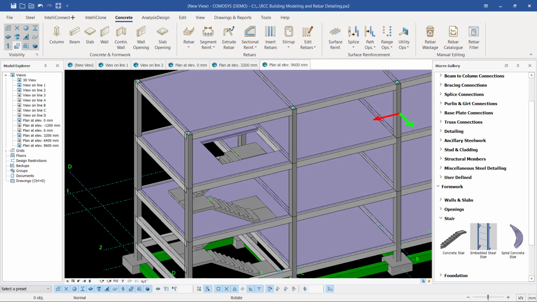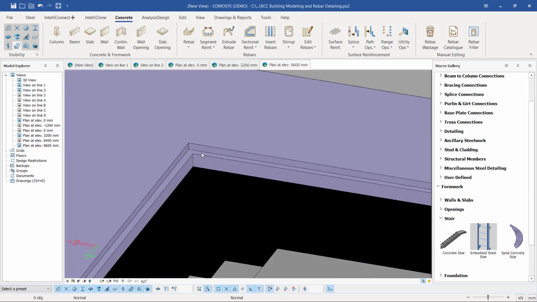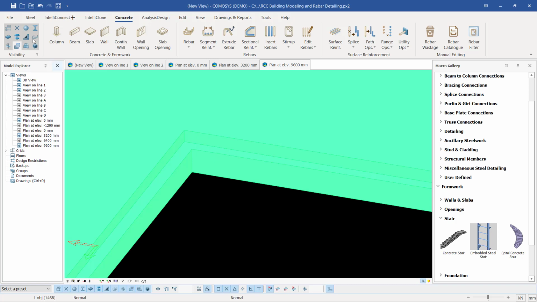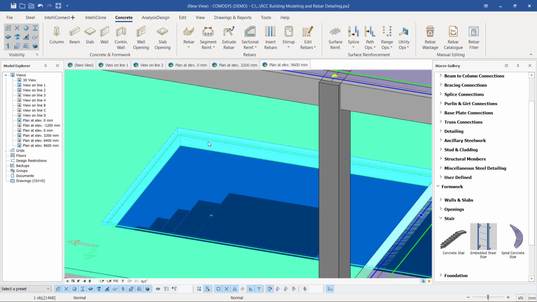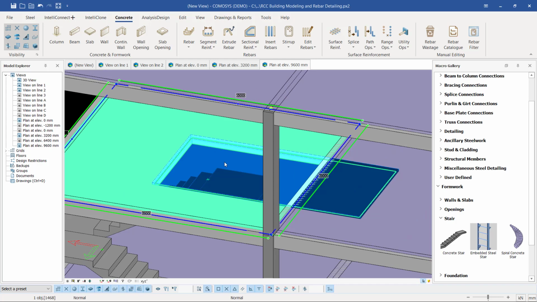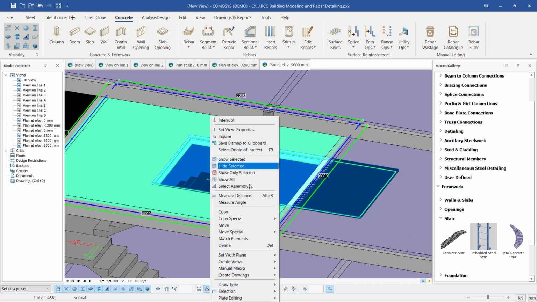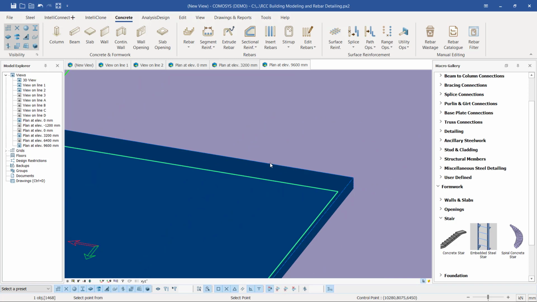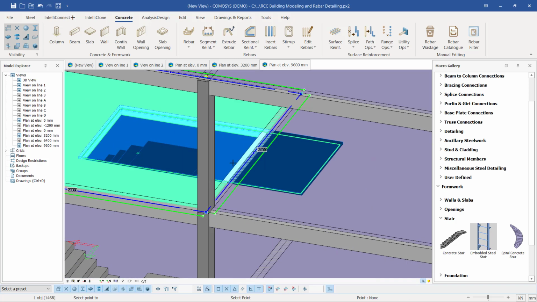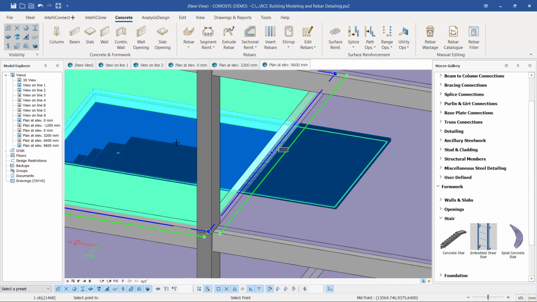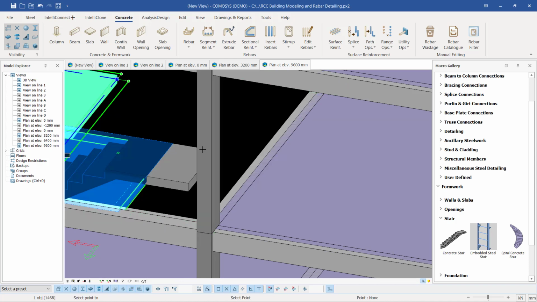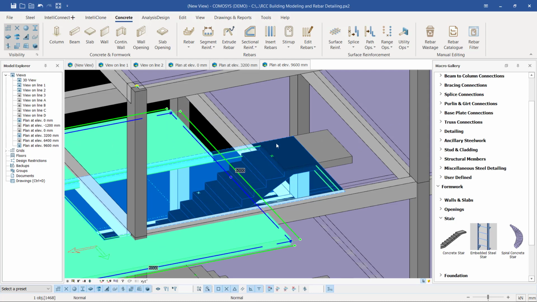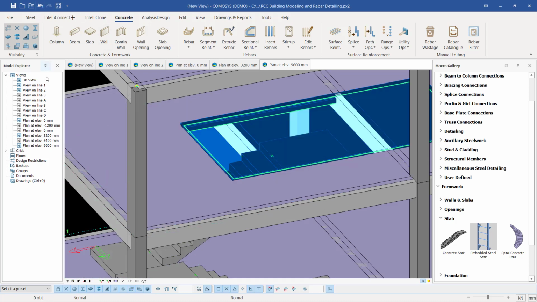So once that has been created, it's a default setting. And what I'm going to do, I'm going to activate that, and right click and come to move and pick it from this location here and take it all the way to the edge, somewhere at the edge there. So it is not accurate, and that will not be okay. Let me just undo that